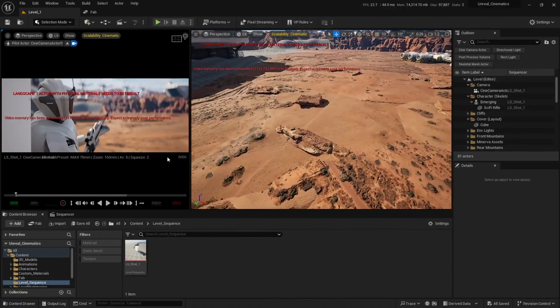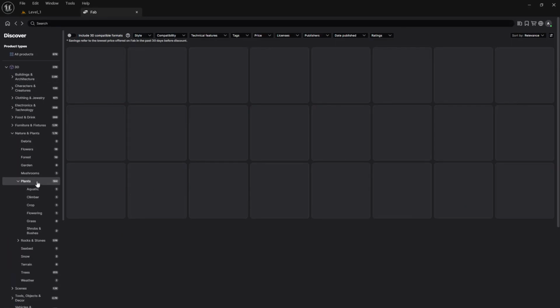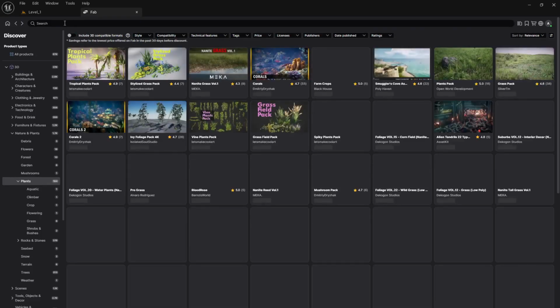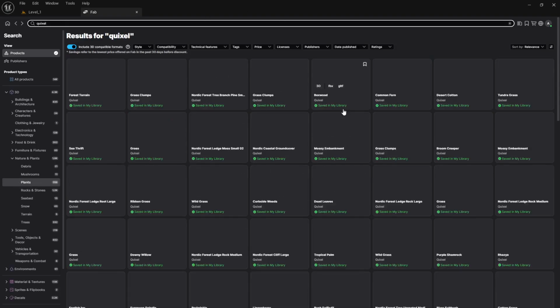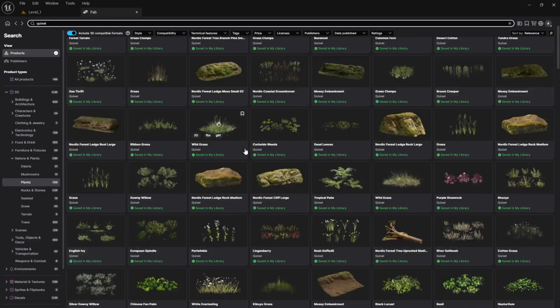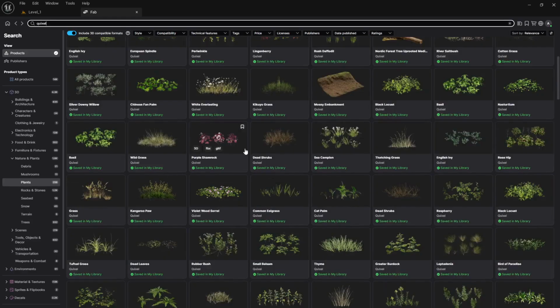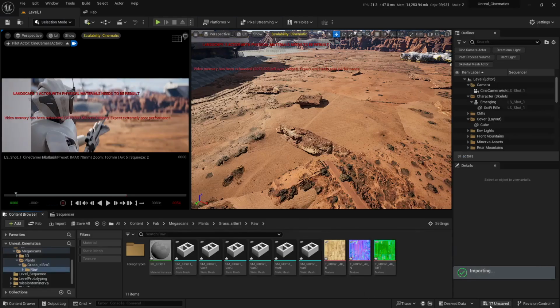Okay, so let's begin. I'm going to go into Fab Asset Library, select 3D, Nature and Plants, and then I'm going to go into Plants. I'm going to type in Quixel once again. And then it's going to show us a lot of foliage assets, and what I'm looking for in here is a sort of dry wild grass. So let's scroll down, something like this. So let's select this one, and I'm going to add this to the project. I'm going to save everything, and let's go back to Fab,